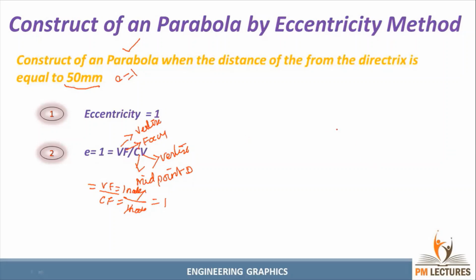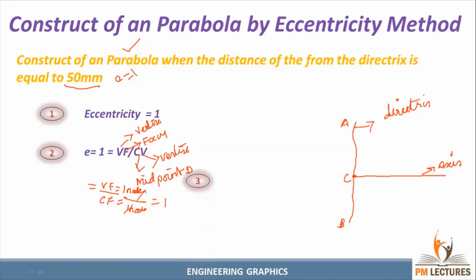Let us see. The first step is we need to draw a vertical line as it is. I need to give the names A and B to the points. This vertical line is called the directrix. After drawing the directrix, we need to find a midpoint on this directrix. That midpoint is called C. Then you need to draw a horizontal line. That line is called the axis.